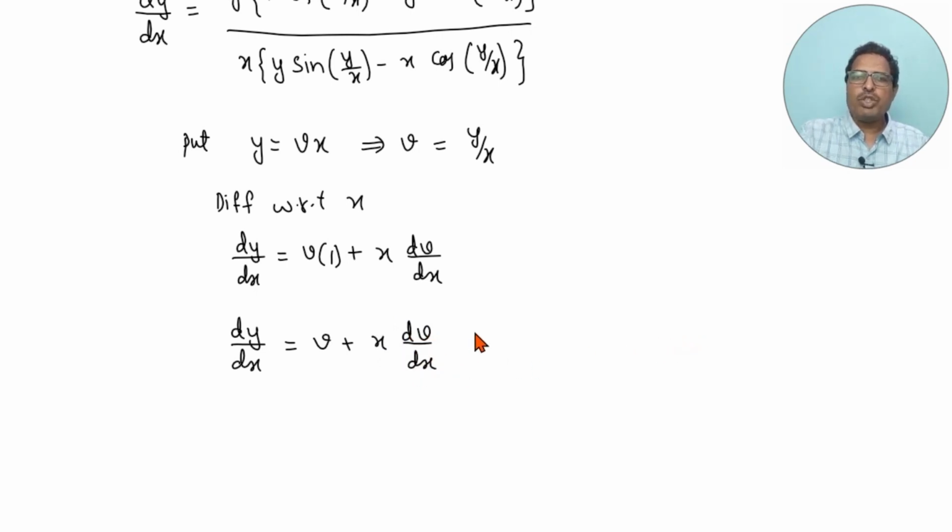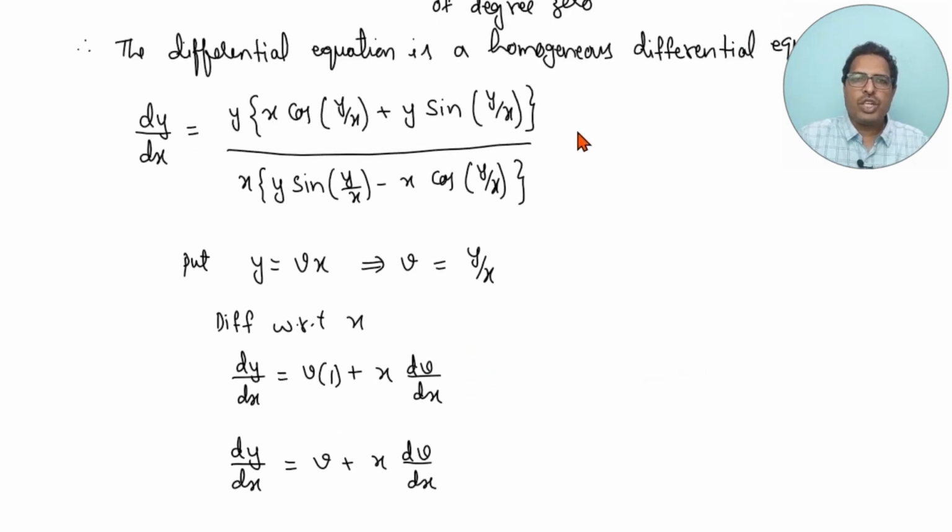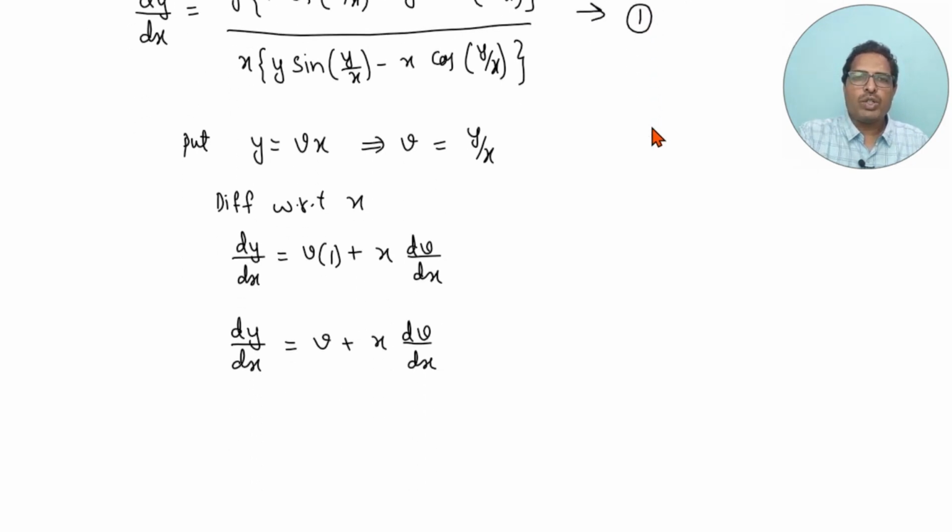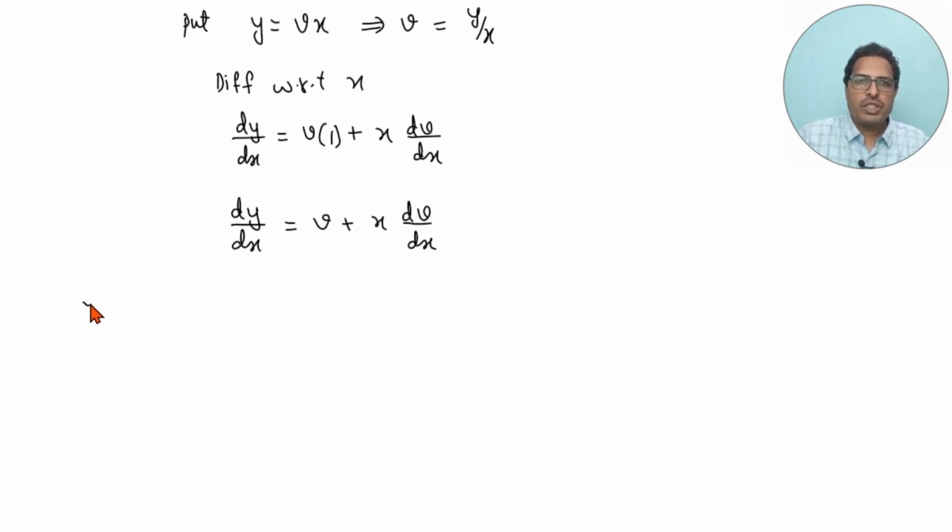So, let us try to substitute this back over here in this equation. If you want, you can take this as equation number 1. So, equation 1 implies you have dy by dx, which is nothing but v plus x into dv by dx